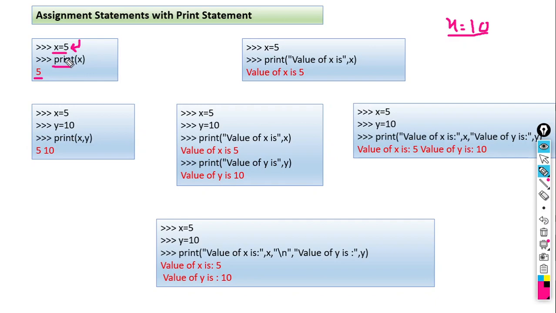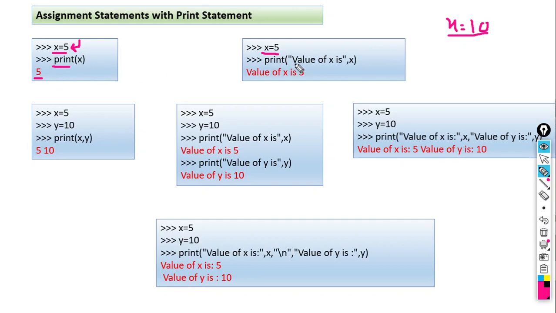So this script consists of two statements. It is a combination of two statements. The first statement is used to store the data to the variable, and the second statement is used to invoke the variable so that we can display the data related to that variable. Okay, so this is the first example. Here it will give you output as 5. Same thing is there in the next example. Here also we used x is equal to 5. So the value 5 is stored to the variable x, but the printing method is different. Here we have printed only the value of x, so it gives you the value 5.